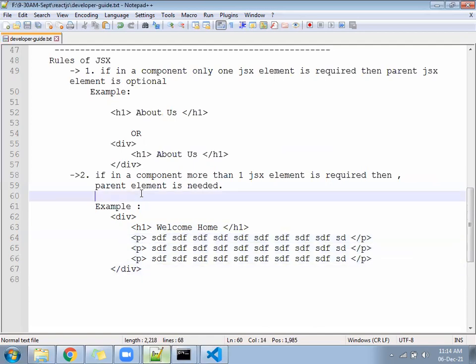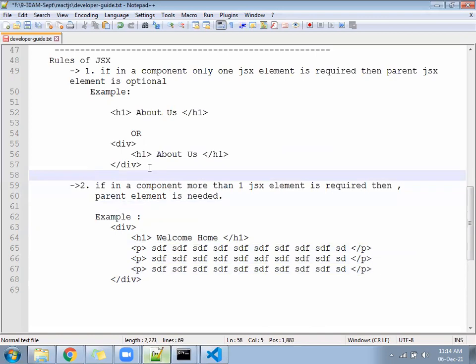So multiple elements, multiple paragraphs and one H1.